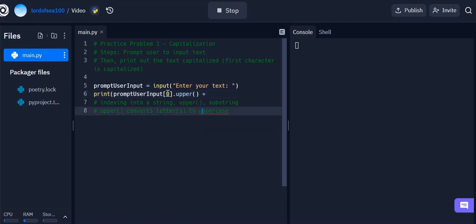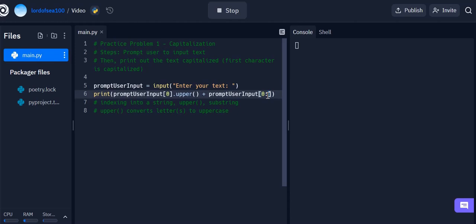If you don't want to access the first character, we only access the second character of the string and onwards till we reach the end of the string. So let's actually do this. Similarly to how we index into a string, we're basically just expanding onto it. So let me just copy paste this. Similarly to how we index into a string, we're just adding on to this by saying a number colon